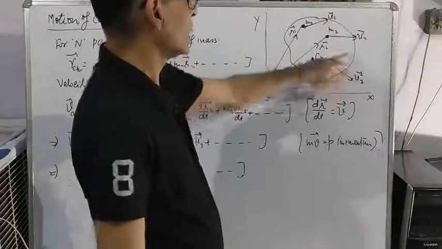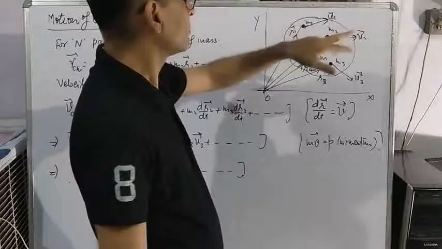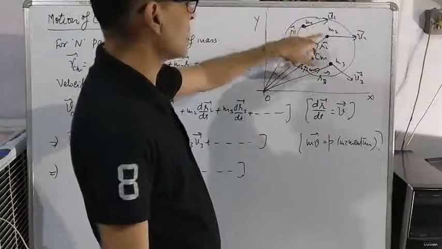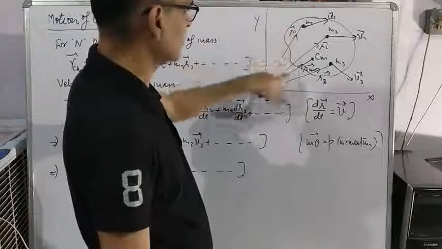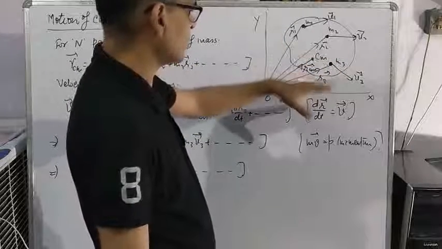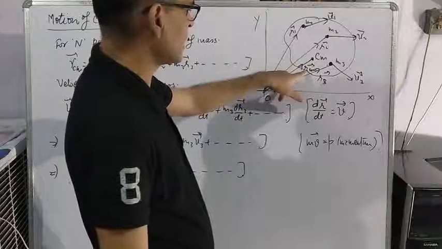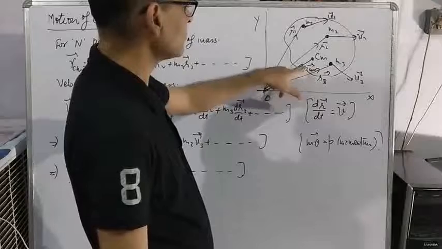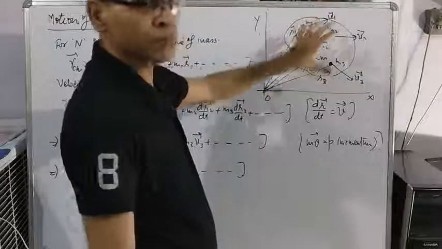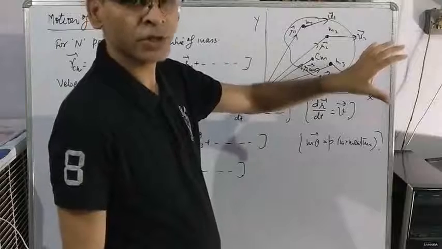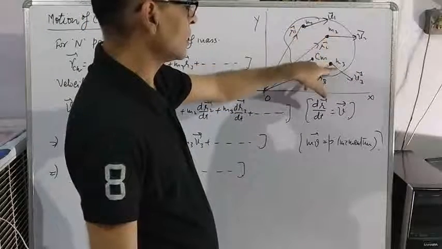Let us suppose a body. A body is supposed to be made of different particles. Masses of these particles are m1, m2, m3 and so on, and their position vectors are r1, r2, r3 and so on. The center of mass of the body is CM and its position vector is rcm. If the body comes in motion, all particles will be moving with some velocity. Velocity of the first particle is v1, second v2, third v3 and so on.